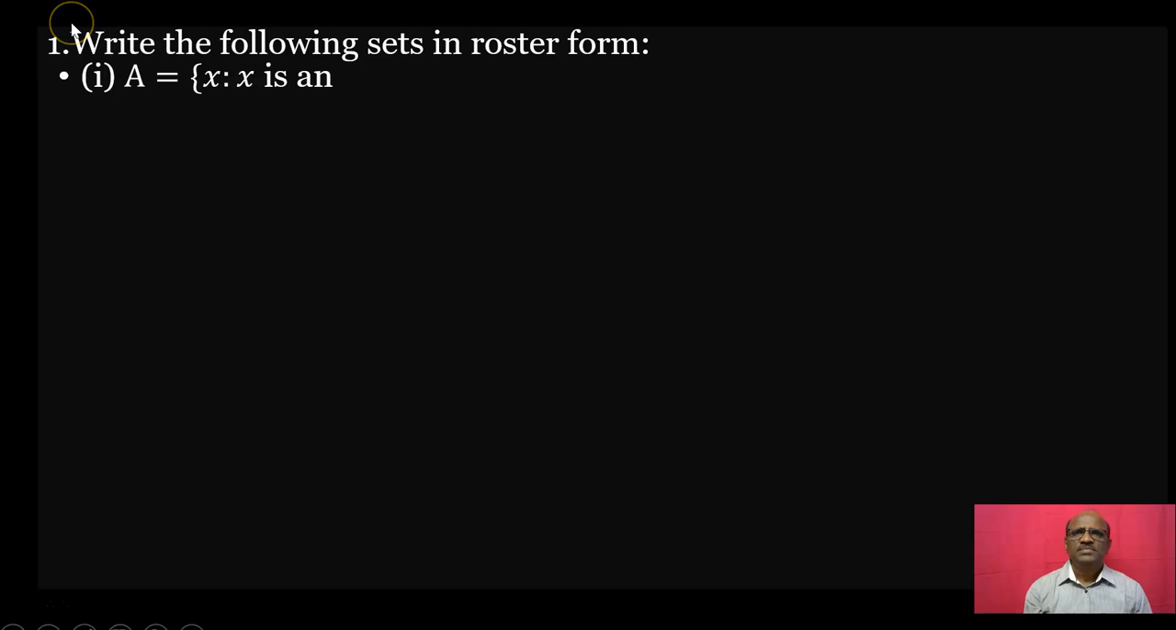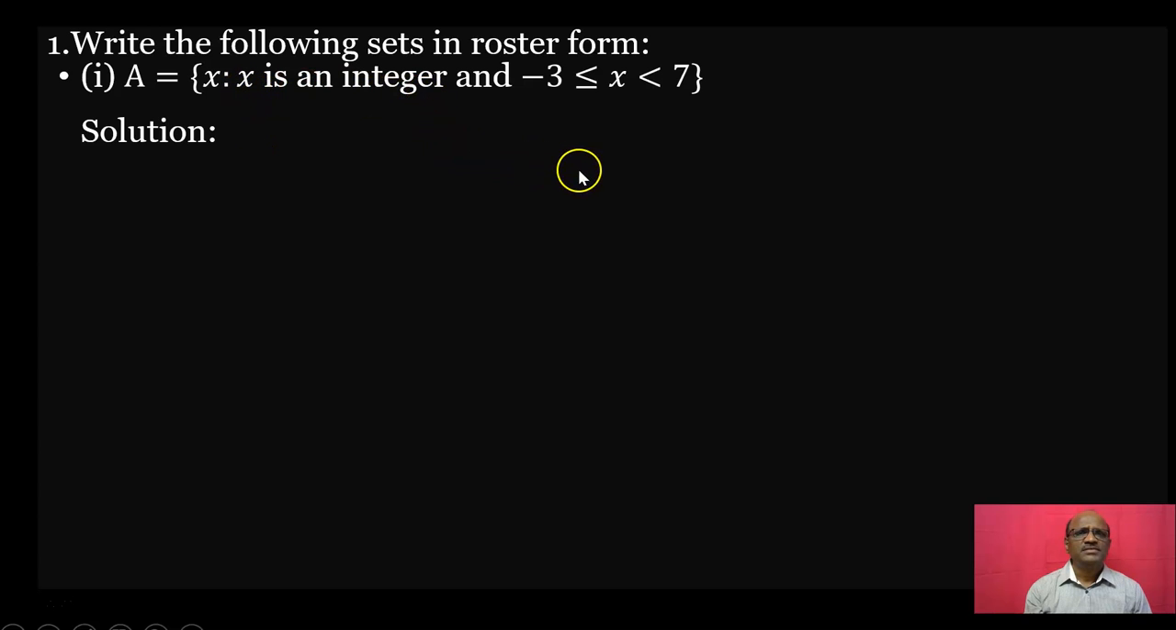Next question. Write the following sets in roster form. First, A is equal to, in curly brackets, x such that x is an integer and x lies between -3 and 7, and x is equal to 3, -3 also. Okay. Now here,